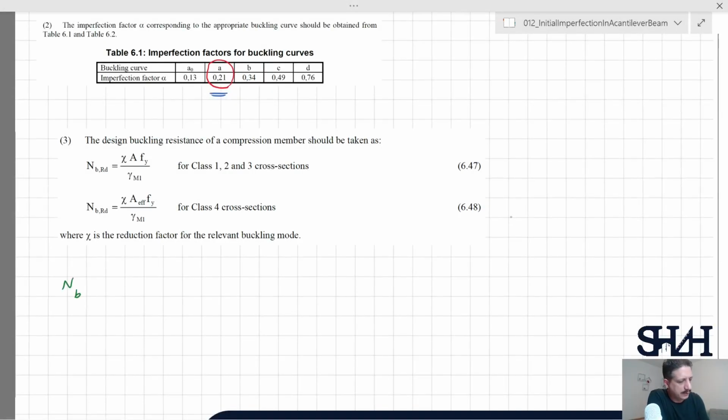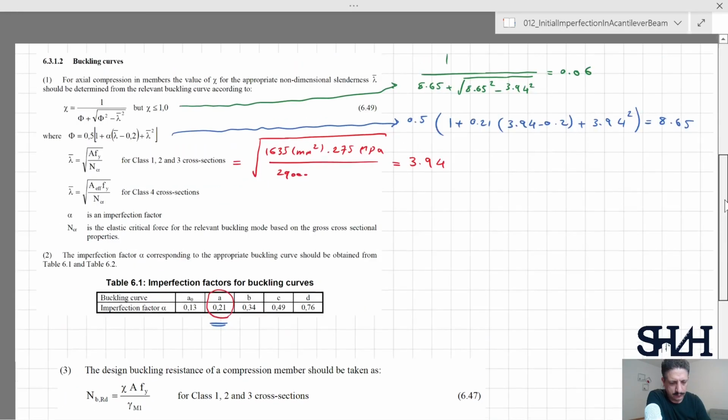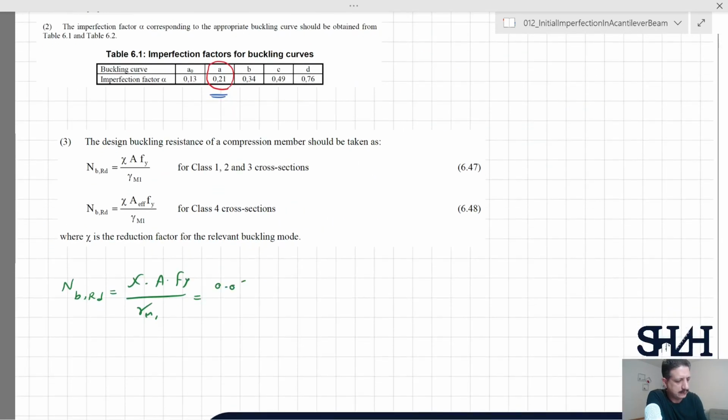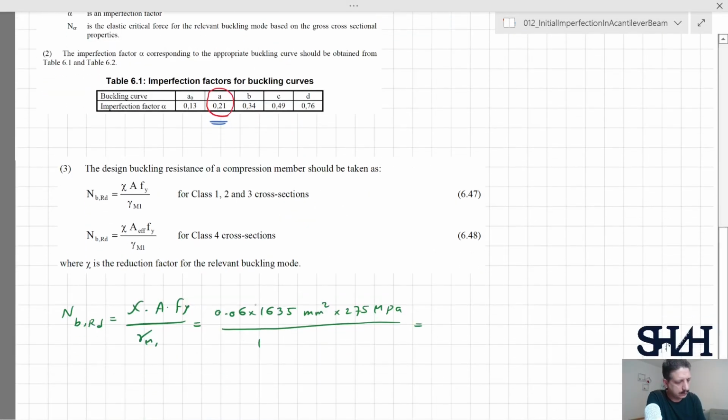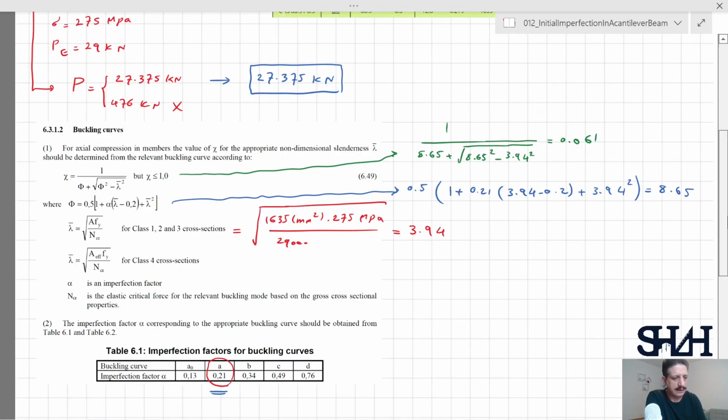So N b,Rd will be chi times A times fy divided by gamma M1. So this value is 0.06, times 1635 square millimeter, times 275 megapascal divided by 1. If we go with that, then this value will be 27.43 kilonewton. So here we can see that the answer is almost the same,